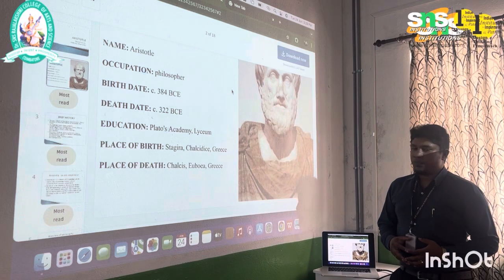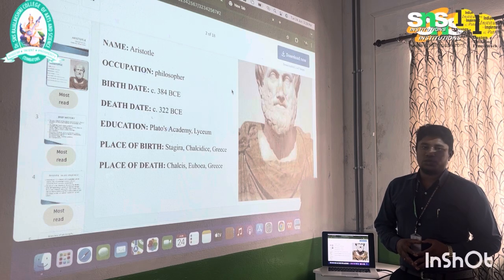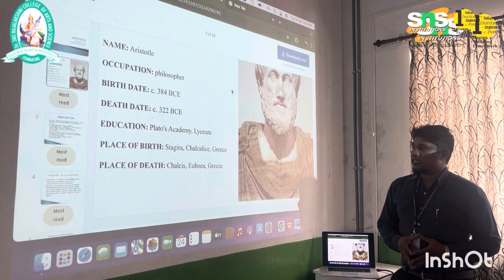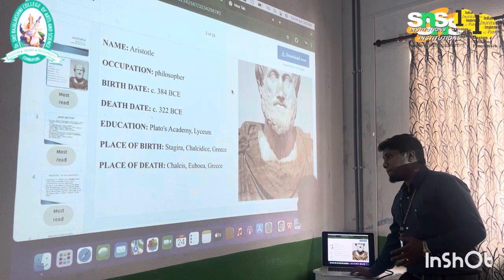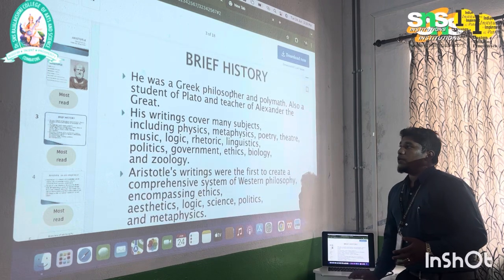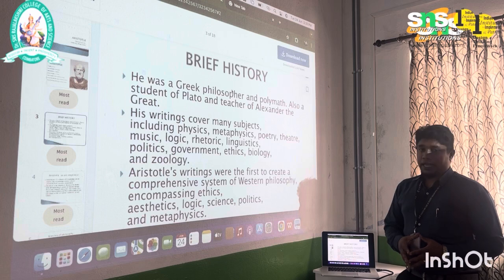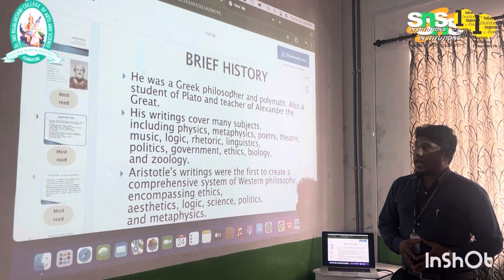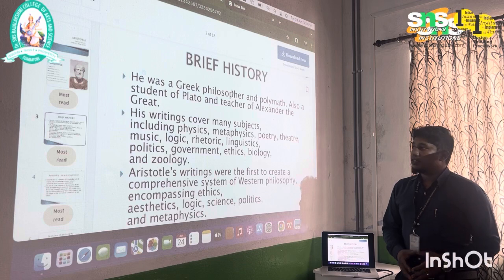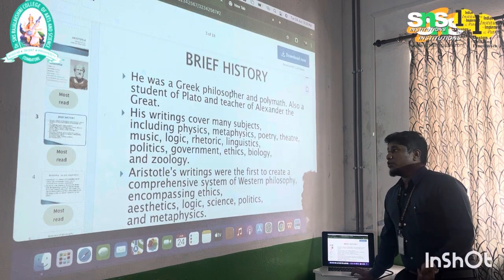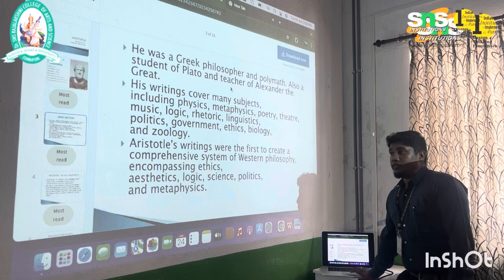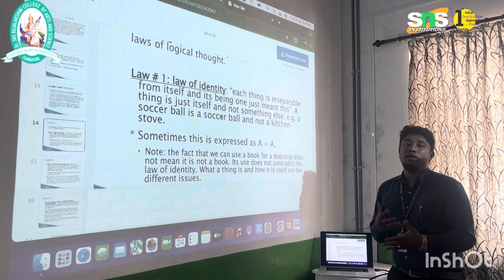Aristotle is a philosopher who was born in 384 BC and died in 322 BC. He studied at Plato's Academy and the Lyceum. He was born in Stagira, Greece, and died at Chalcis, Euboea, Greece. He was a Greek philosopher and polymath, a student of Plato and a teacher of Alexander. His great writings cover many subjects including physics, metaphysics, poetry, theatre, music, logic,